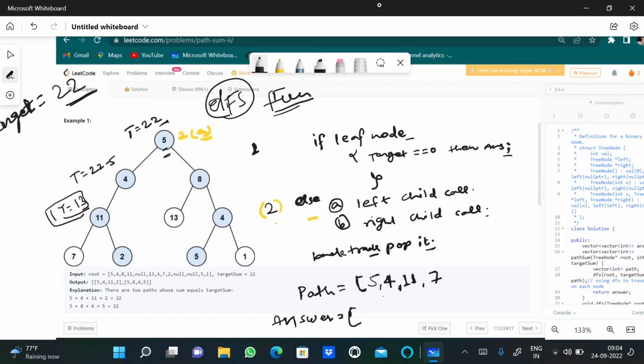So what we will do, we will check whether the target is 0 or not. Now our target will be 13 minus 7, it will be 6. So the target here is 6. Now we will check whether it is 0 or not. It is not 0, so we will simply return, and we will backtrack,